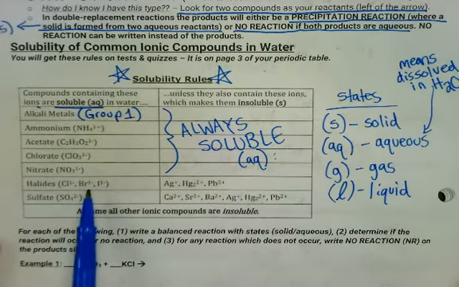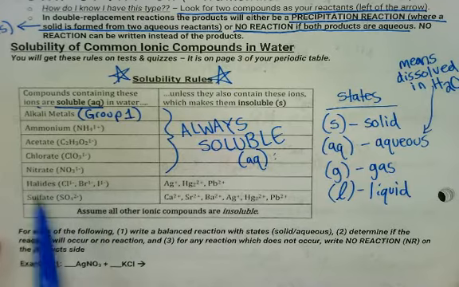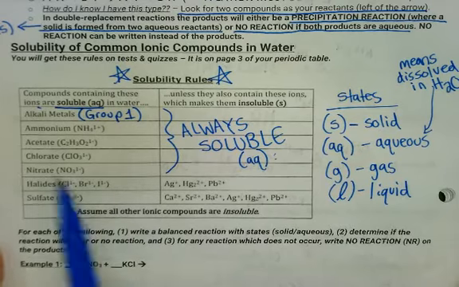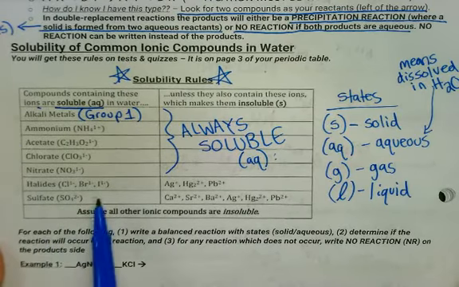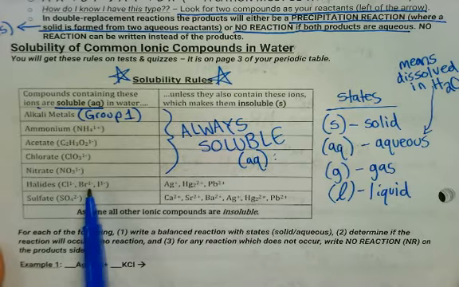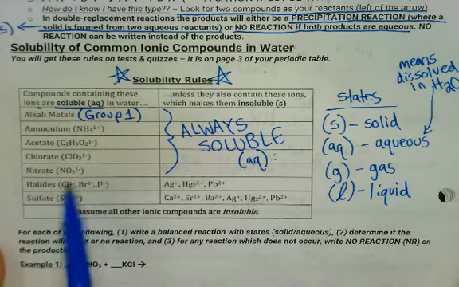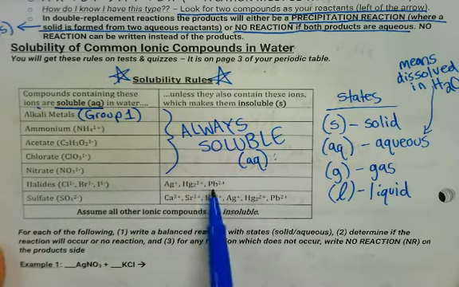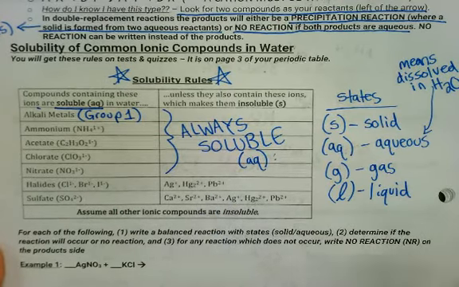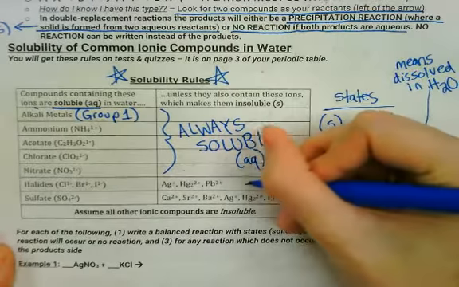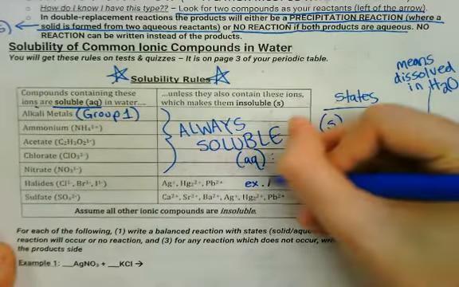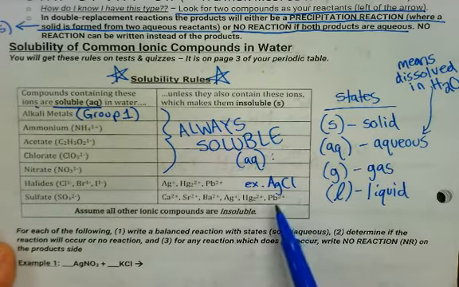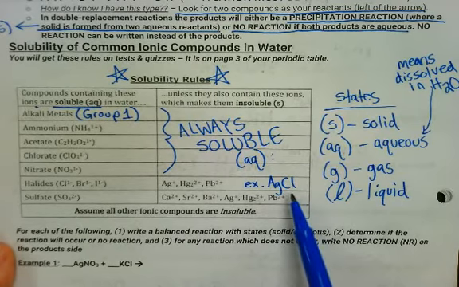If you see chlorine, bromine, and iodine, these halides here, or sulfate, you have to be a little bit more careful, because most of these compounds will be soluble in water. But if you see a compound with one of these paired with one of these exceptions, it will be insoluble. So, for example, if you see silver chloride,